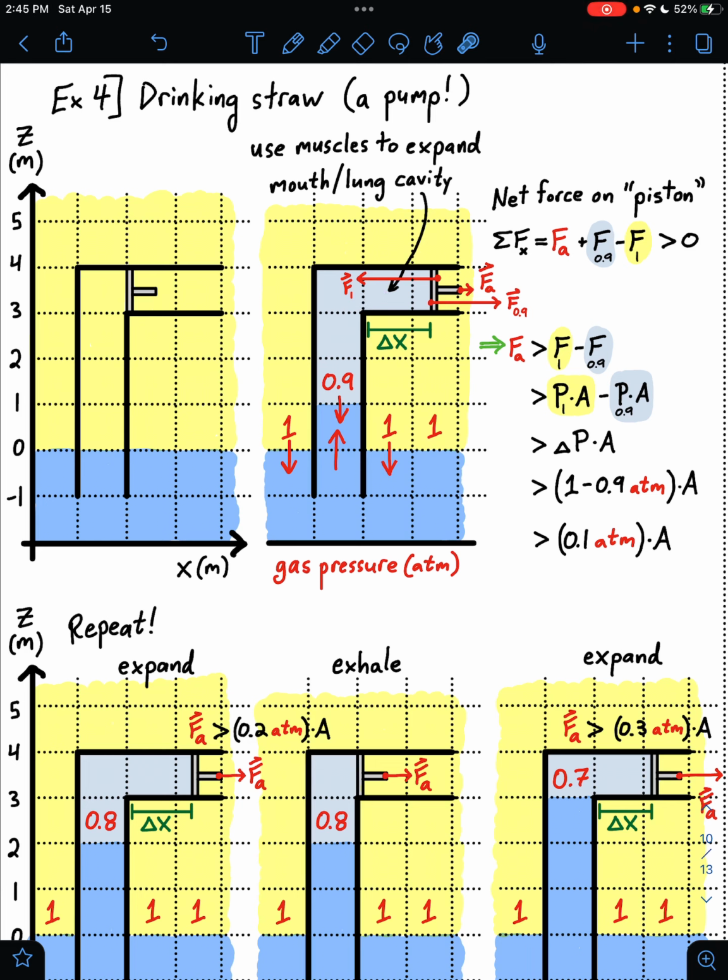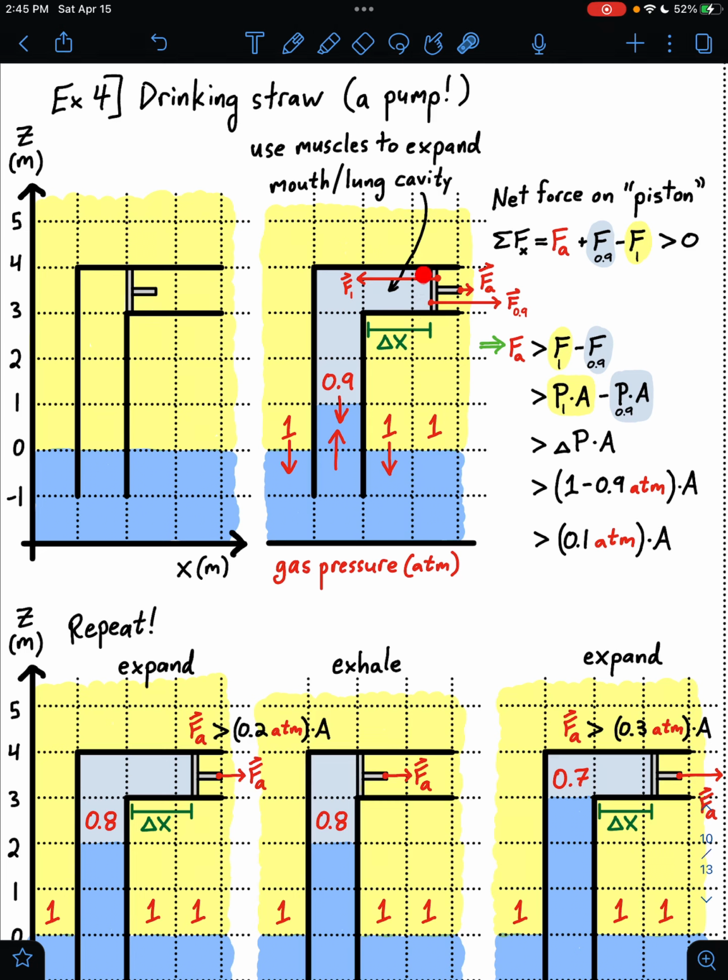So in order to expand this cavity, to create more space inside your mouth and lungs, your muscles are going to have to provide a positive net force, a force acting over this distance, the distance over which your chest expands. And so that force acting over this distance is doing the work. That applied force from your muscles must be greater than the pressure force difference between the air outside and inside your chest. So that'll be the difference in pressure times the cross-sectional area of this space here,